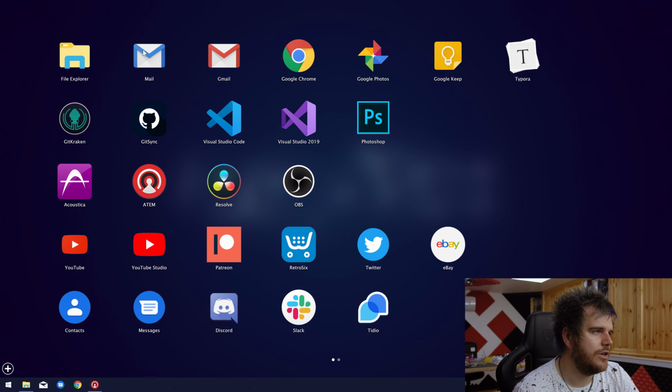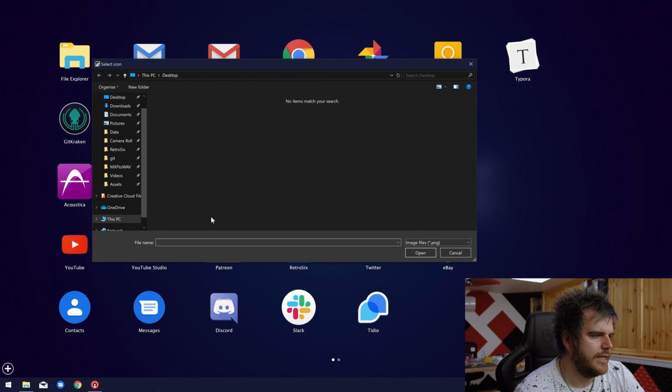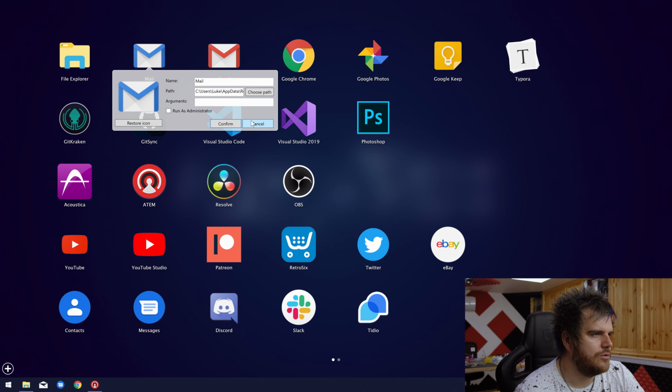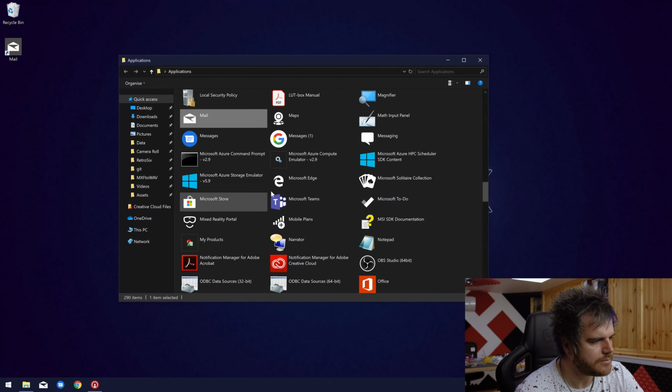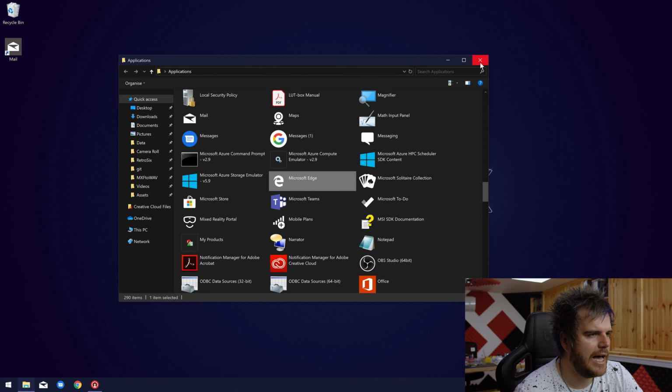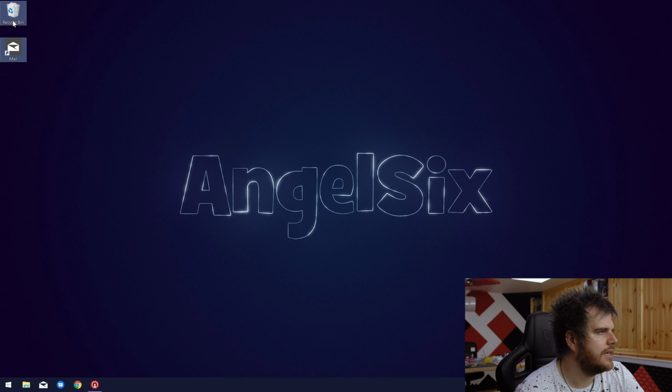Now, one note on this is make sure that you don't delete the icon file, the PNG, because it's linked to that directly on your machine. So once you change, say you've got that icon on your computer, then you delete it. Next time you restart your computer, the icon will have gone. So you need to keep them icons there. So that's how you get the